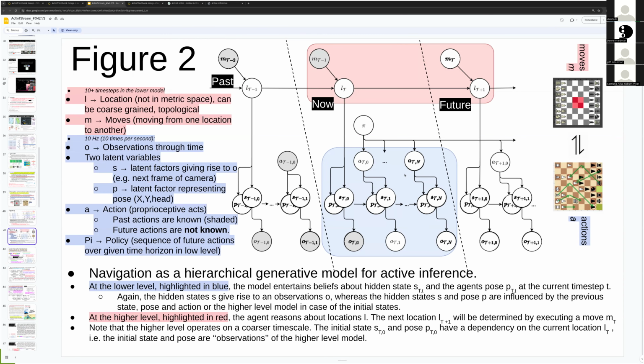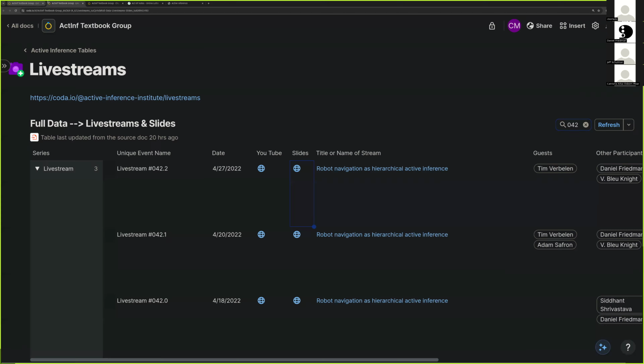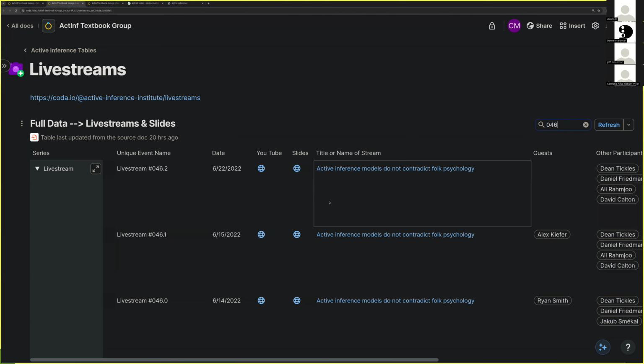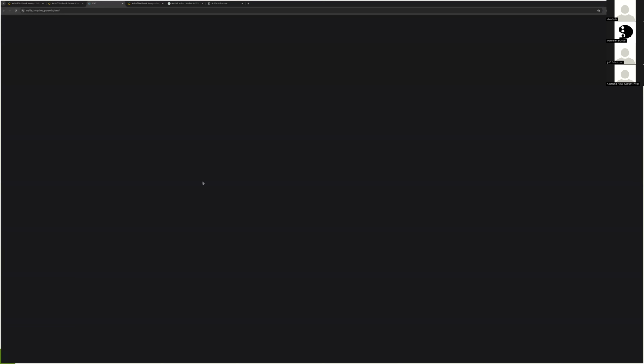So this is one setting in a multi-scale movement, like locations in a warehouse, and then robot body postures. That's one where the higher and the lower level are both mechanical and positional. The hierarchical hybrid model with continuous on the lower level and discrete on the top is kind of the folk psychological template